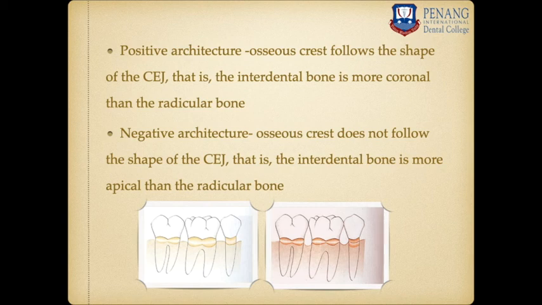What happens when there is a change in the bony contour? There will be more space for food to get lodged in the interproximal region. So there will be food lodgement, which results in more and more bone loss and deeper pocket formation in a negative architecture. So our idea of doing a resective surgery is to bring this negative architecture back to a positive architecture, which is more feasible for the patient to maintain.